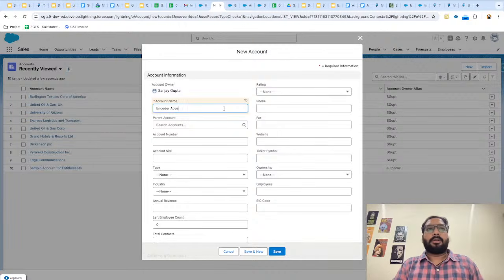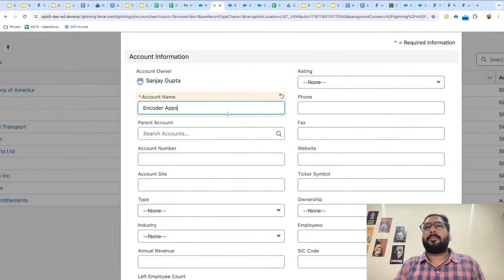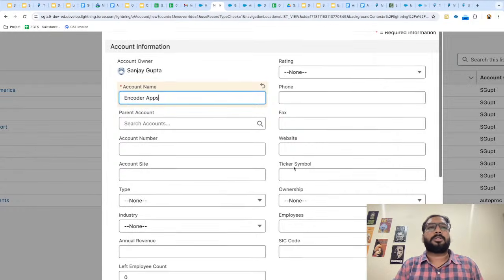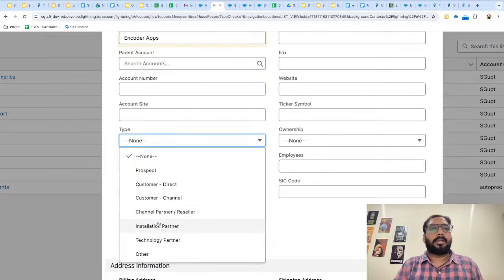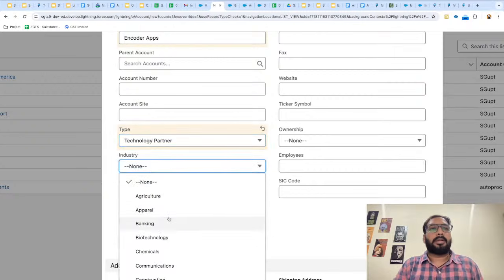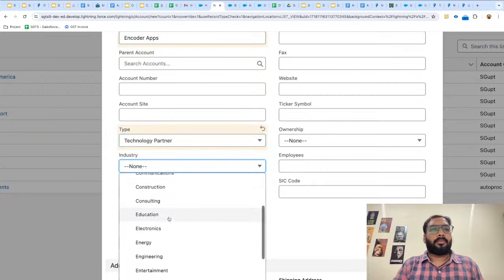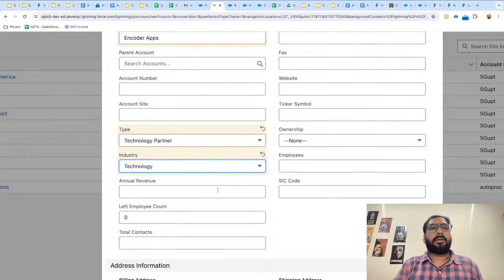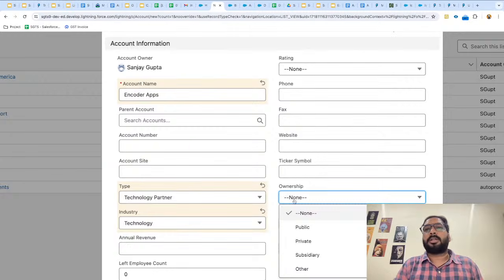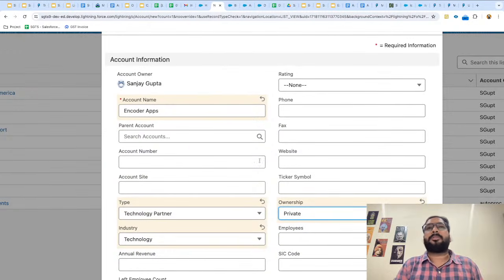Now, account name is required, but with the account name, if I want to provide other information, I can fill those in. So let's say type is technology partner, and for industry I am picking technology. Ownership, private. This way I am filling in a few fields, rating, hot.